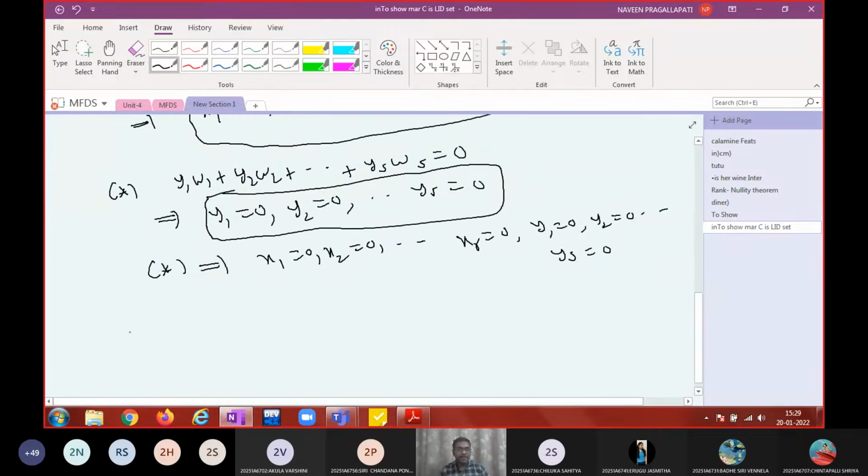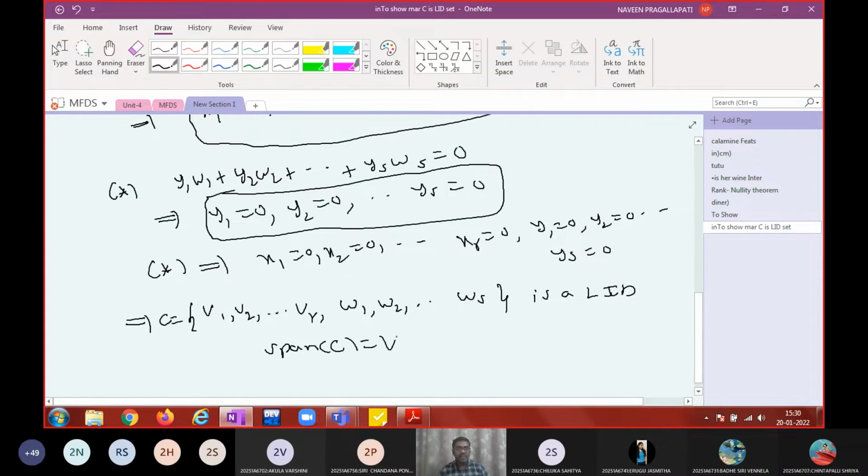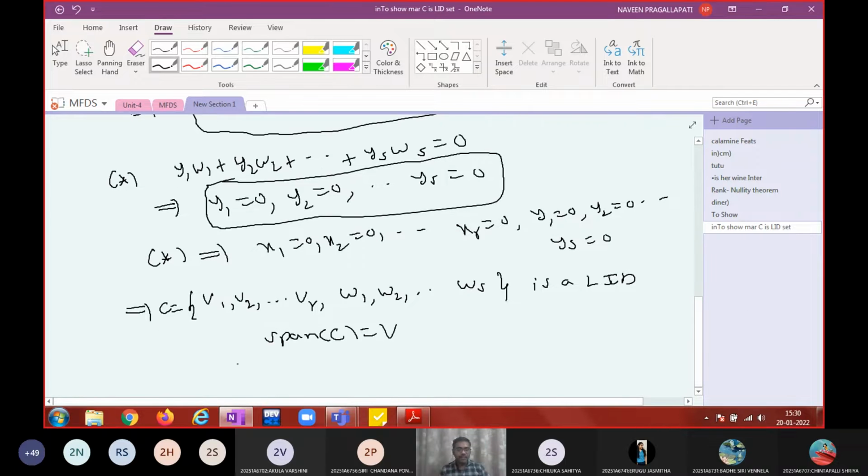That means to say that v1, v2 and so on, vr, comma w1, w2 and so on, ws forms a linearly independent set. Call this as C. So C is linearly independent and the span of C is equal to V, meaning the basis of V is equal to C. Okay, that means C has n elements,